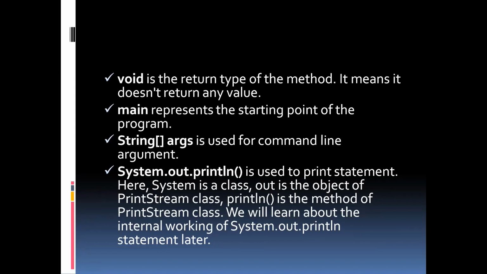Values passed to the main method are called arguments. These arguments are stored in the args array, so the name args is generally used for it. Let us think, what happens if the main method is written without String args? The program will compile but not run because the JVM will not recognize the main method. Remember, the JVM always looks for the main method with a string type array as a parameter.